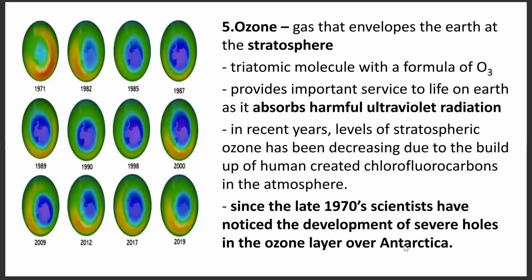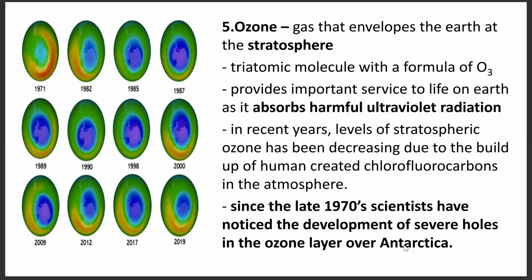Next would be ozone. So ozone is a gas that envelopes the Earth at the stratosphere. Triatomic molecule with the formula O3, meaning it has 3 atoms of oxygen. Provides important service to life on Earth as it absorbs harmful ultraviolet radiation. So take note that ozone in the atmosphere is good in our stratosphere layer, since it actually helps to trap the ultraviolet radiation that is harmful to humans and also to other